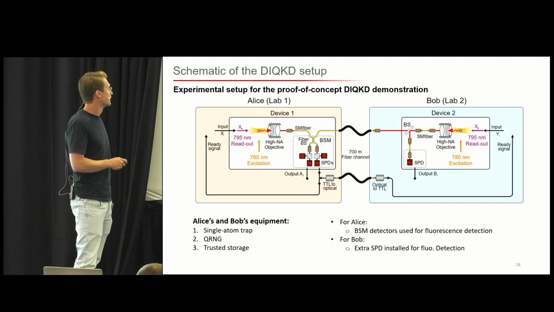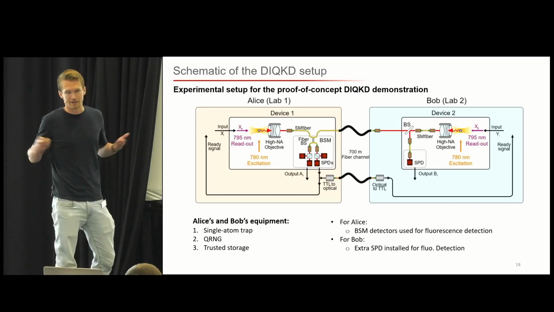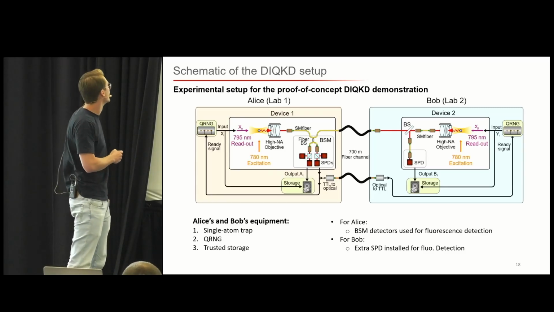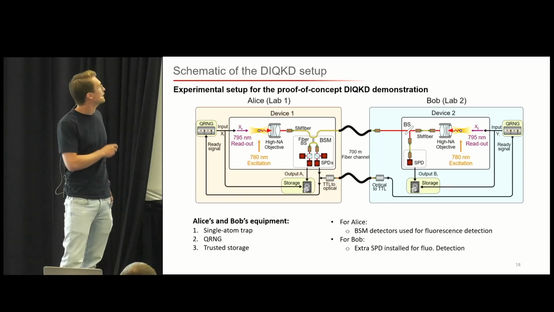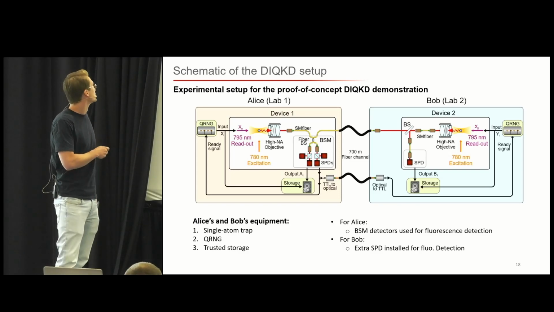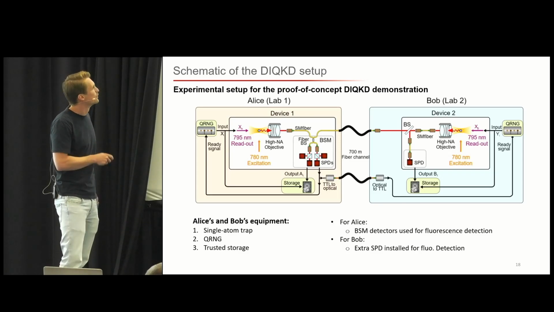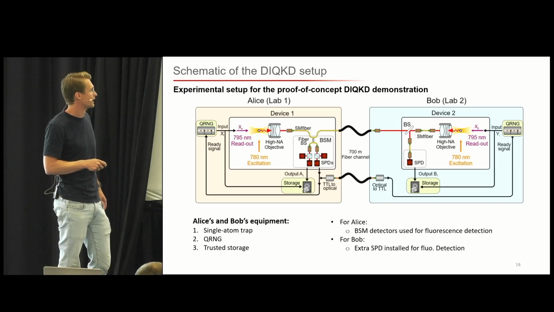Then we start entanglement generation tries. If we get a successful coincidence, we send a signal back to Alice and Bob and say that the state is ready to be measured. Then we implemented 2 quantum random number generators, and at Alice's side, 2 random bits are generated to select 1 out of 4 inputs, and at Bob's side, 1 random bit is generated to select 1 out of 2.